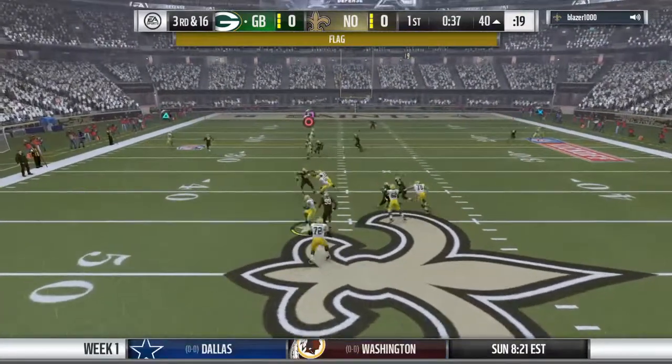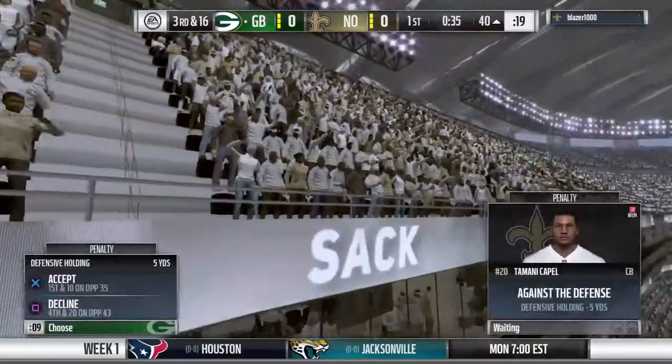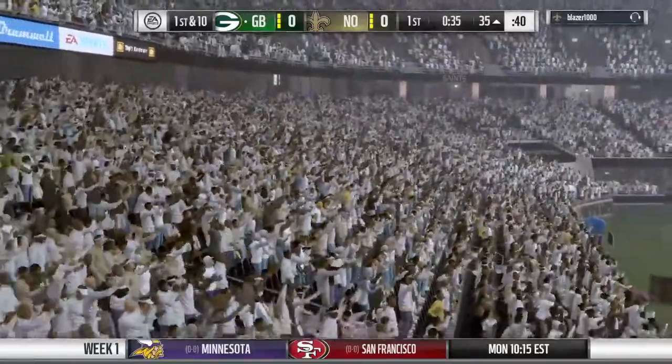Now on 3rd and long, they'll look to throw. And he can't get rid of it. He's taken down. It's one of those ones that is so hard to judge, but defensive holding there, that's what